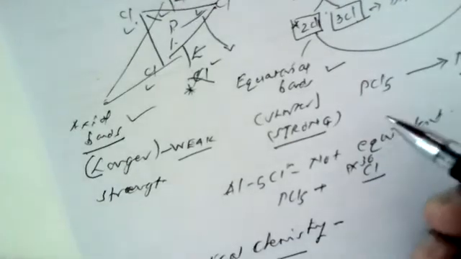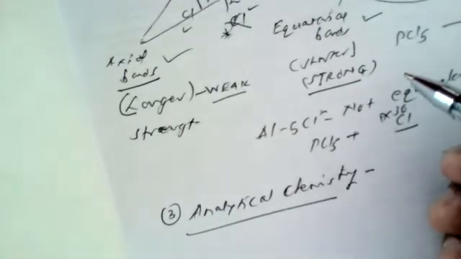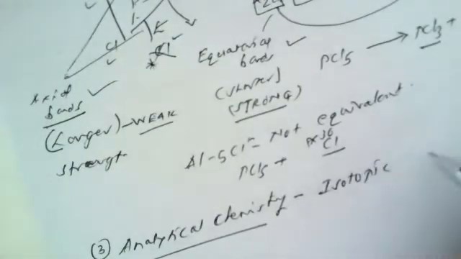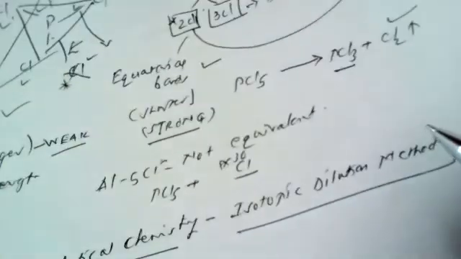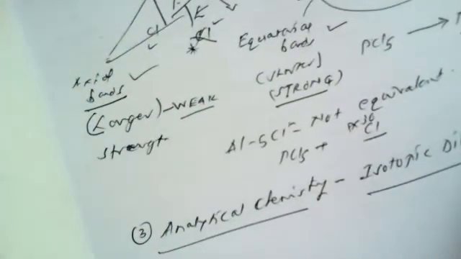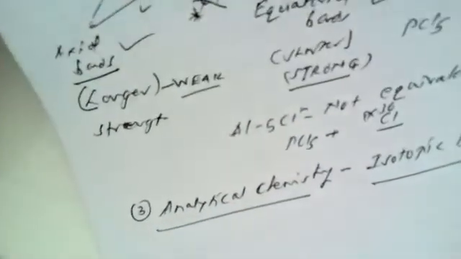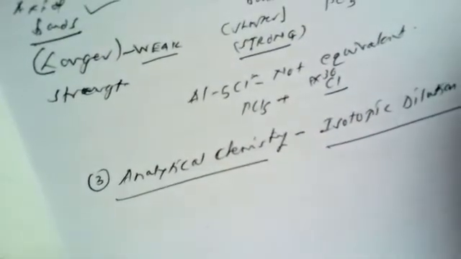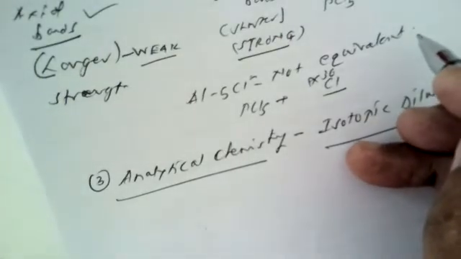So the technique of radiotracer technique that is utilized in analytical chemistry, this method is known as the isotopic dilution method. Sometimes the question may be twisted: discuss the isotopic dilution method, or discuss the applications of radioisotopes in analytical chemistry. So both mean the same. So how is the isotopic dilution method used in resolving problems in analytical chemistry? Particularly, this method is useful in the medical field.